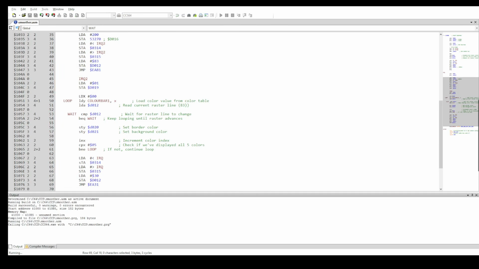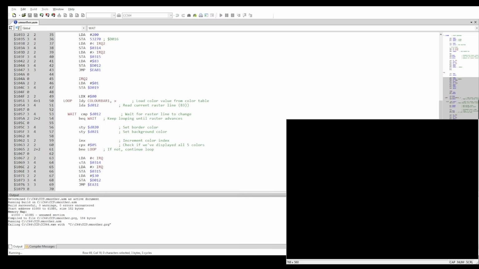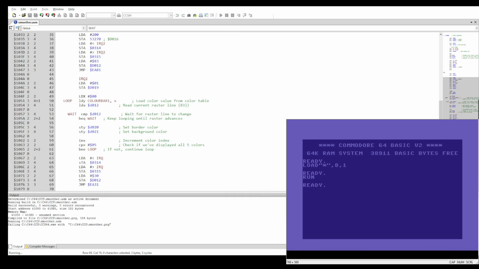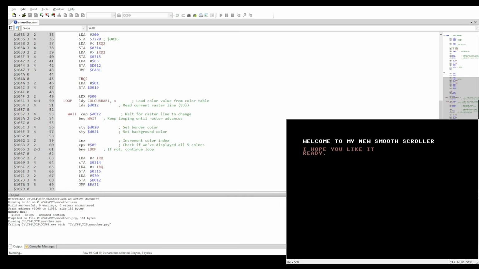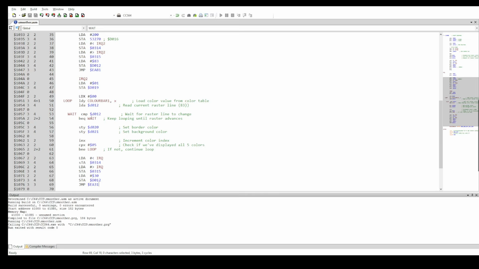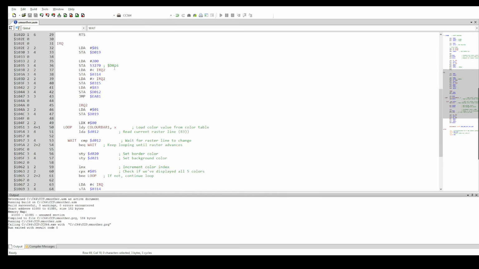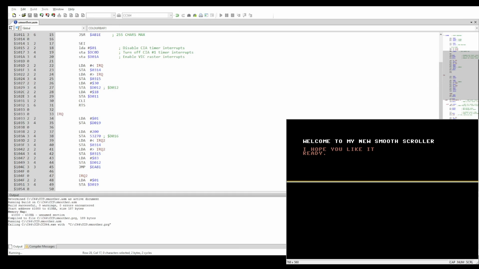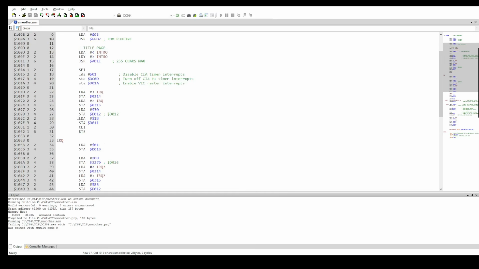I just want to see if this works before I get into explaining what it's doing. And it just totally crashed. Okay. We have to figure out what's going on here. But we now have a working raster. What was wrong? There's one thing I forgot to do, and that is put 1B in D011, because the raster